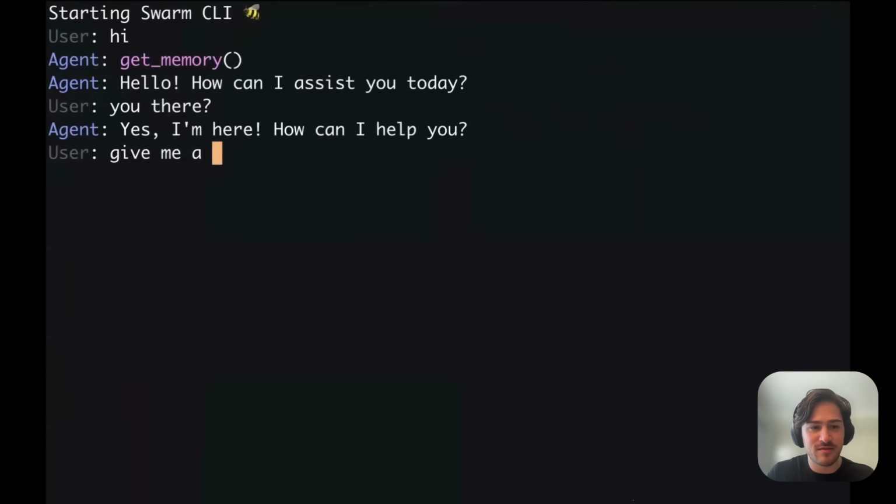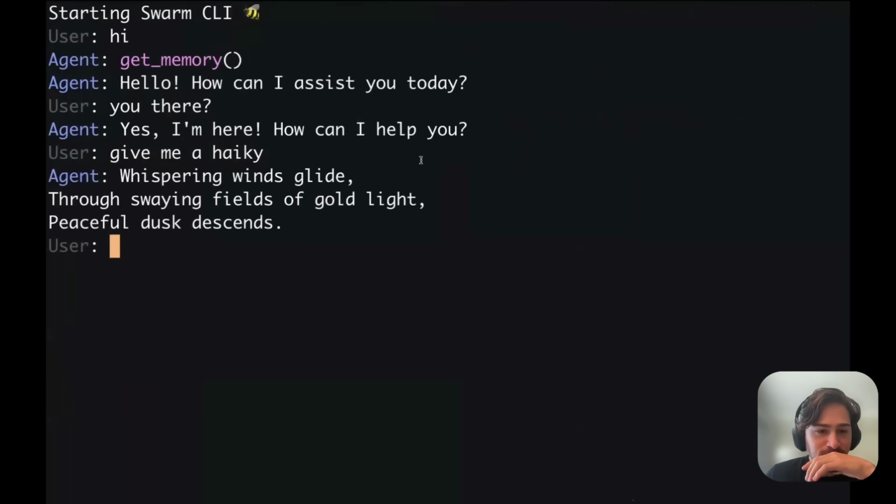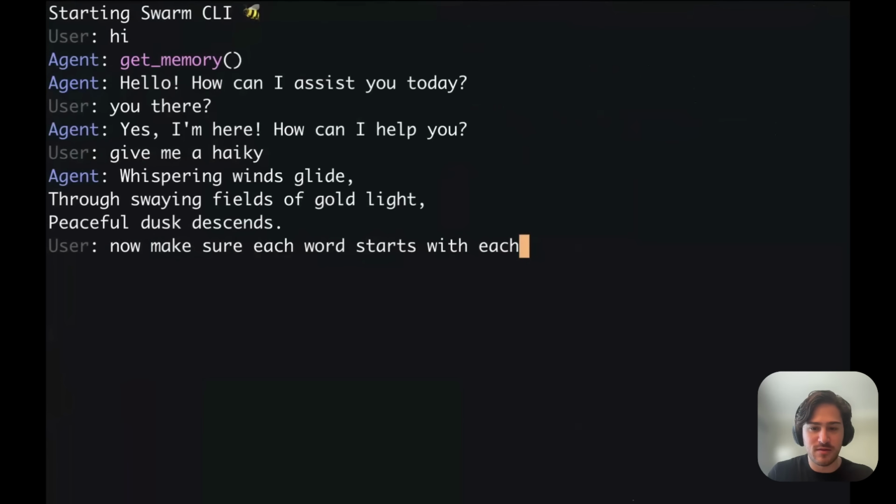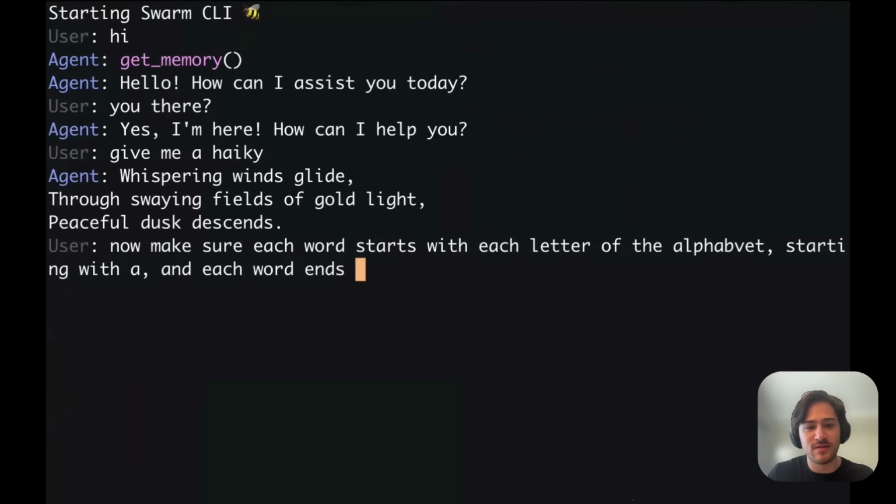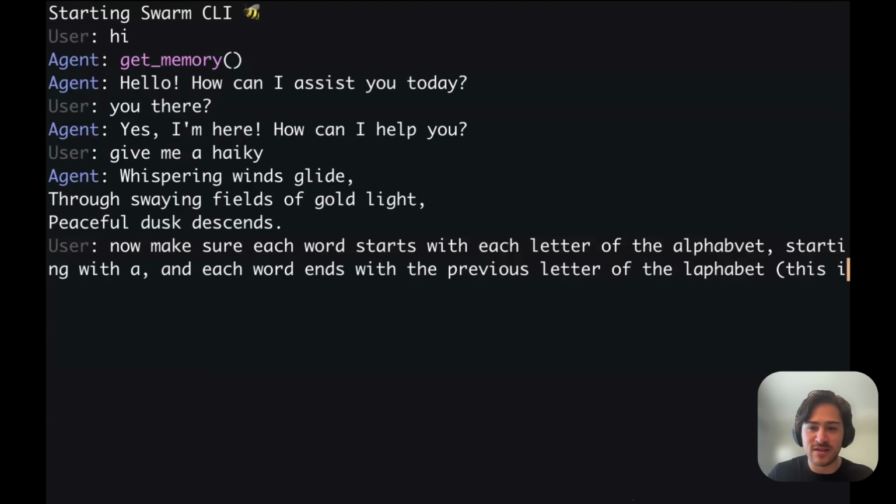Give me a haiku. Now make sure each word starts with a letter of the alphabet, starting with A, and each word ends with the previous letter. But this is hard.